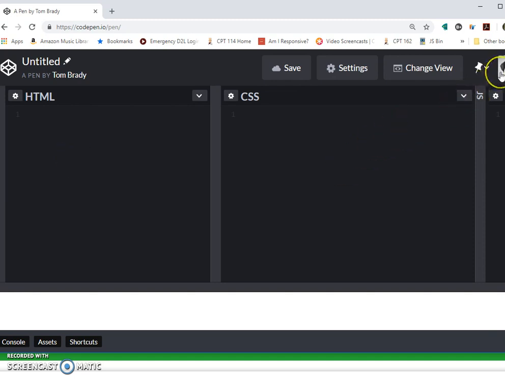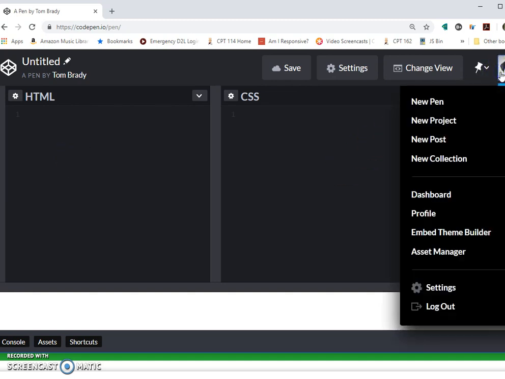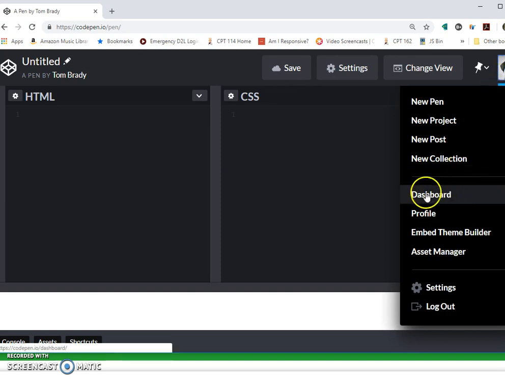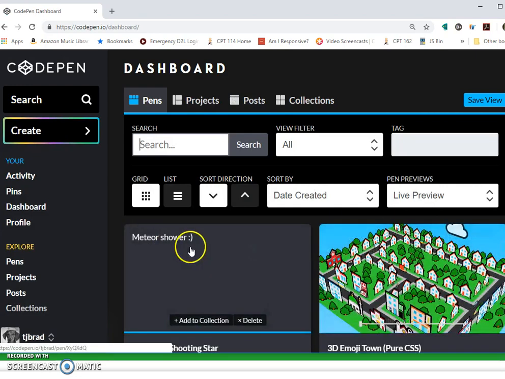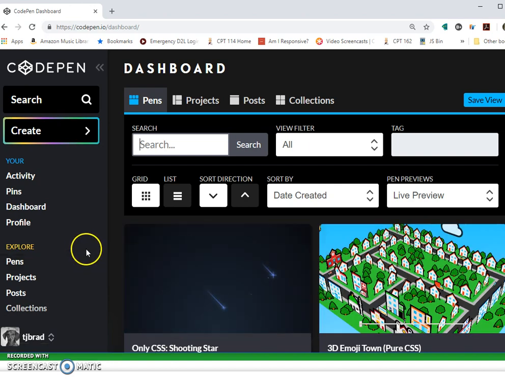So if you go back to your picture and click on it, you can see there's something called a dashboard, and the dashboard shows everything that you're doing and what you've done. And here we are. You can see I got some stuff down here. You don't have anything down here, and that's okay. All right, so what we want to do first is go to collections. So you can see this dashboard has pens, projects, posts, and collections. We're going to be using pens and collections in this class. So if I click on collections,